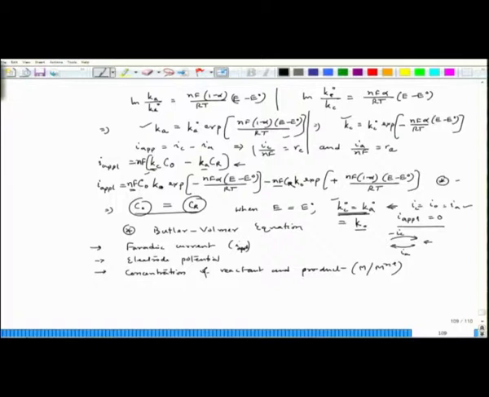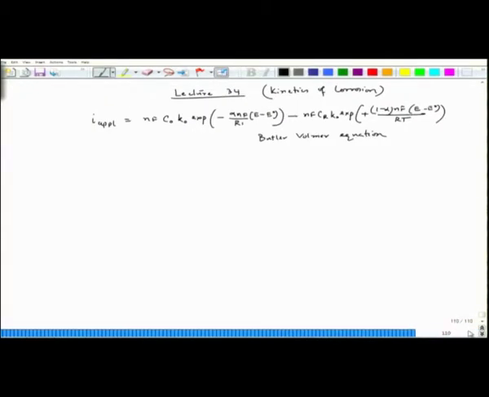It has relation between Faraday current, electrode potential, and concentration of reactant as well as product, which are basically oxidant and reductant. Now, then we started saying that this particular equation can yield us